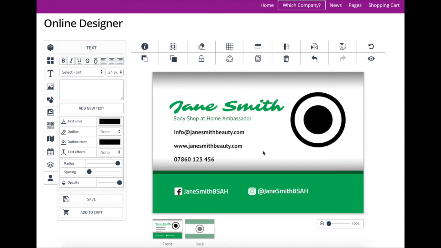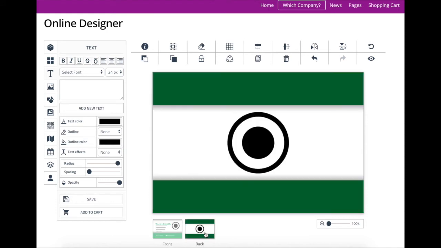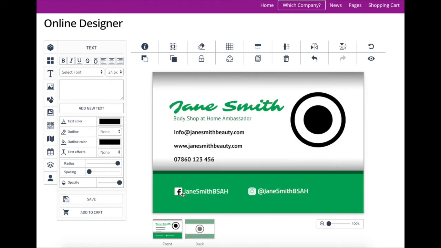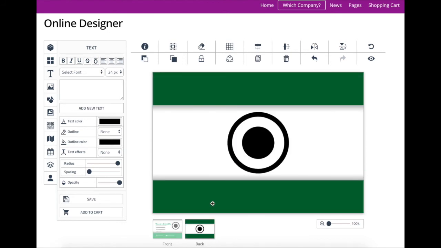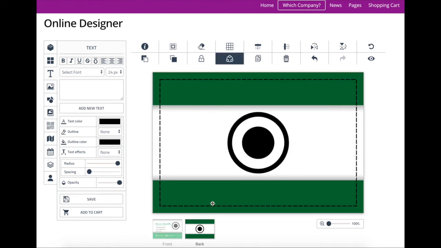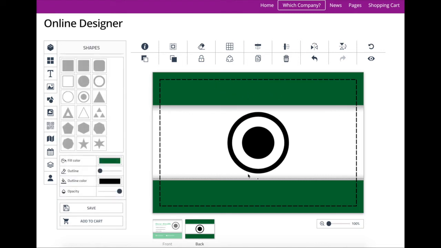At the bottom of our area we can see the front page and the back page areas. The back page, you can see the green is different from the front. Let's make it the same. If I select that, it seems that nothing is selected. But we know that it is selected because the dotted line appeared and we have an ungroup item that happened at the top. Let's ungroup this, and then I'm going to hold the shift key down to deselect the top banner. Now we can see that our bottom banner is selected because we have a little handle here, and